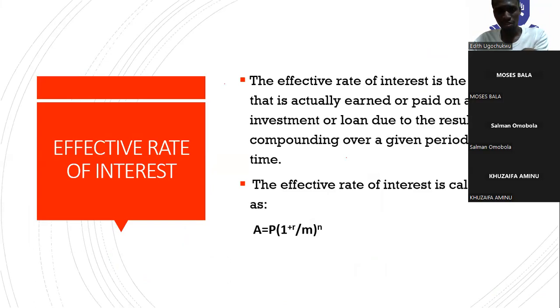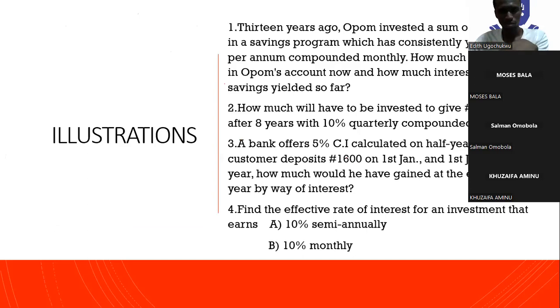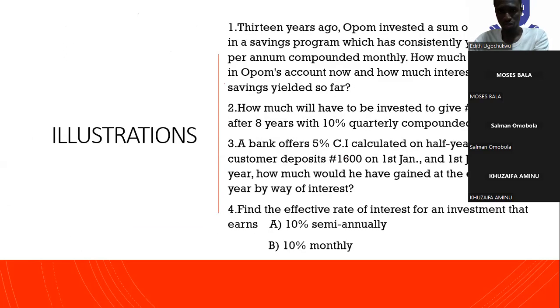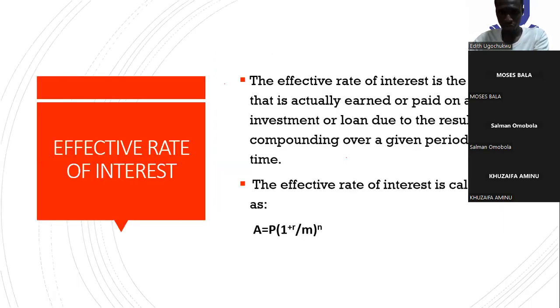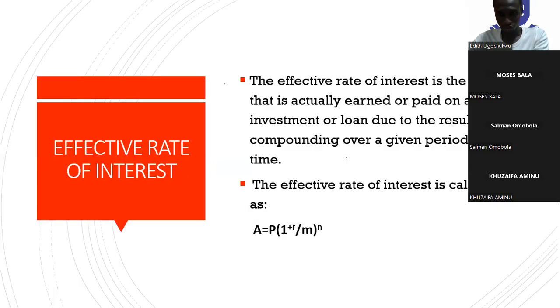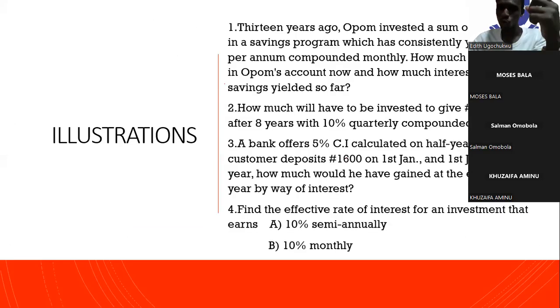Effective rate of interest is just the ability to differentiate between one interest and the other. This is an illustration on compound interest. We have the formula for effective rate of interest there, and we use the formula to solve. You see question number 4 in the illustration has to do with effective rate of interest. Use the formula to apply this. I've taught us how to do it. Before you enter into this calculation, first watch the video. The video will help you to know how to break down the formulas, how to break down each of the